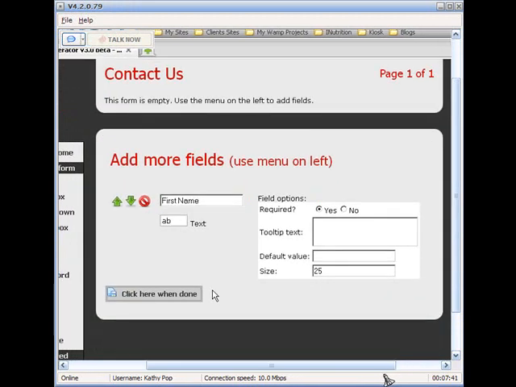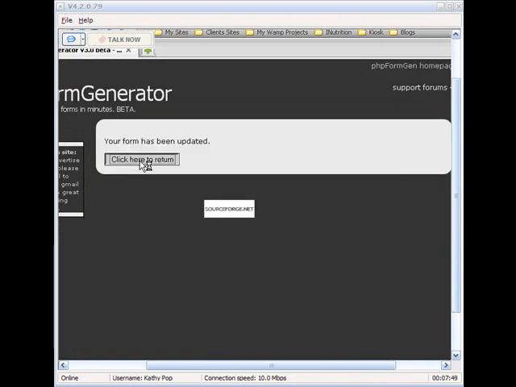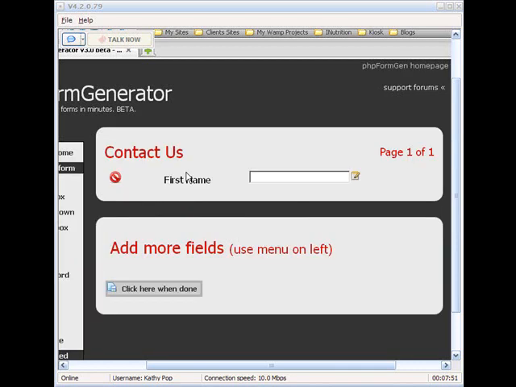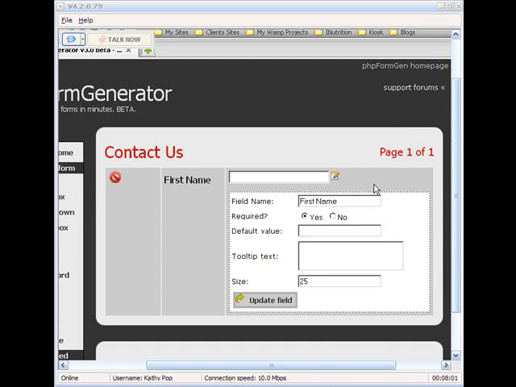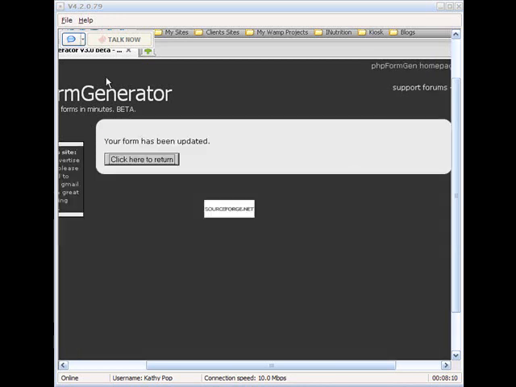Okay, now we've got that done. We'll click here when done, and we'll go back, return, and you'll notice we have a field here. It says first name, and if you spelled something wrong or you want to edit the size of the box, you can click on the little notepad and it will take you back to where you can edit it. So we're going to go back